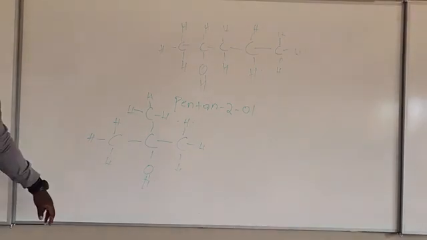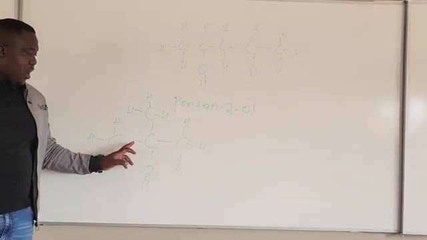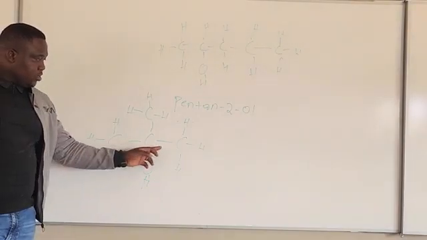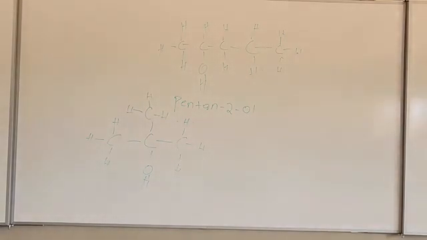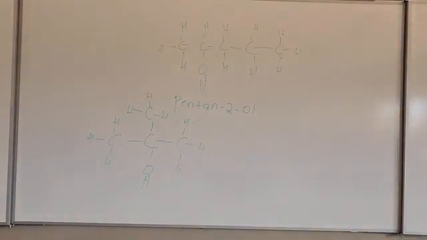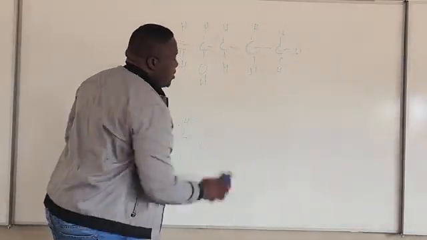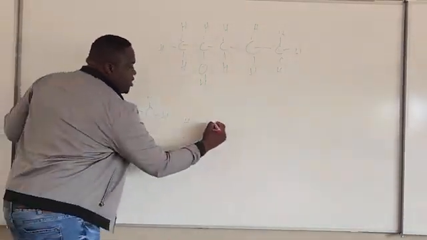So what is the name of this one? We find the longest carbon chain. 1, 2, 3. 1, 2, 3. So it's 3, 3. Can you see? Starting from all directions, we discover that the longest carbon chain is 3, right? So what does 3 carbon mean? This is prop, right? It means the name of this one, we're going to call it